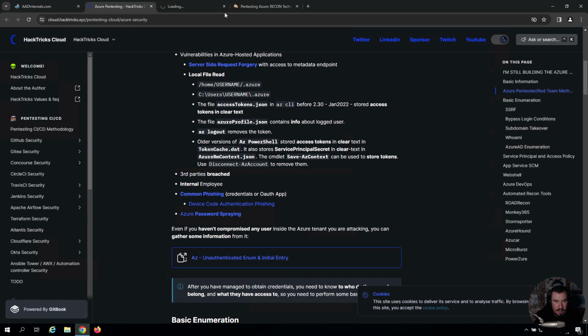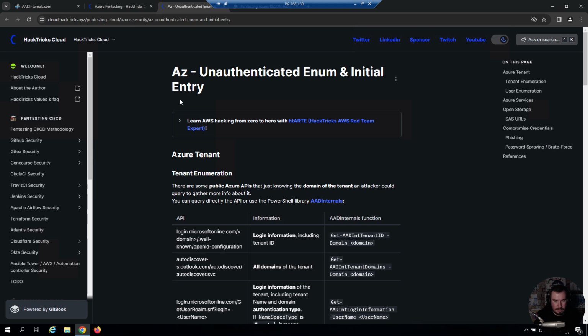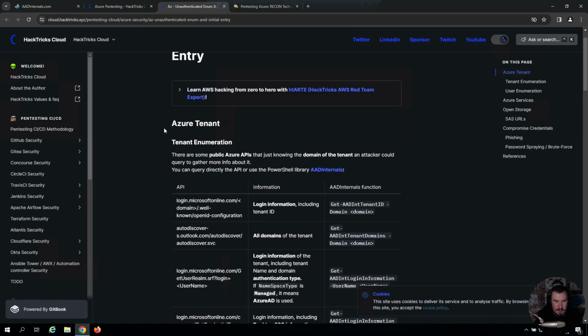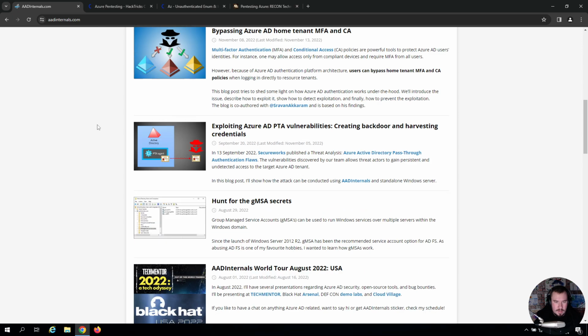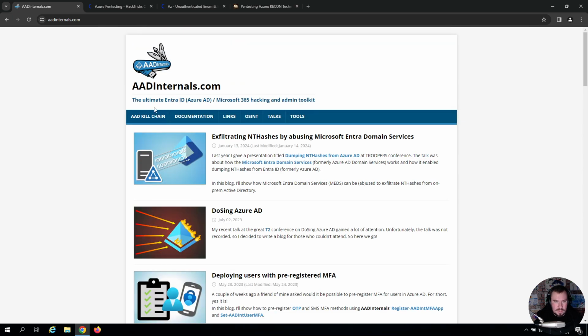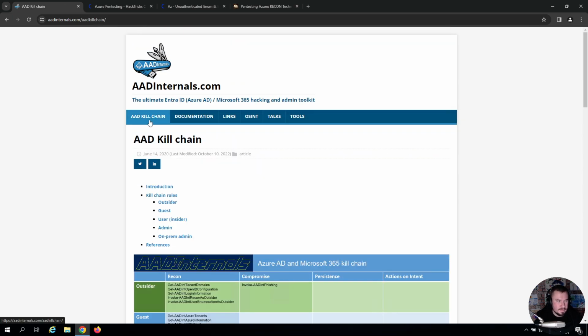Here, let's check this out. So there are some public Azure APIs that, just knowing the domain of the tenant, which we have, an attacker could query to gather more information about it. You can query directly the API or use the PowerShell library AAD Internals, which is actually what I had pulled up here. So let's check this out. If we go to the kill chain,